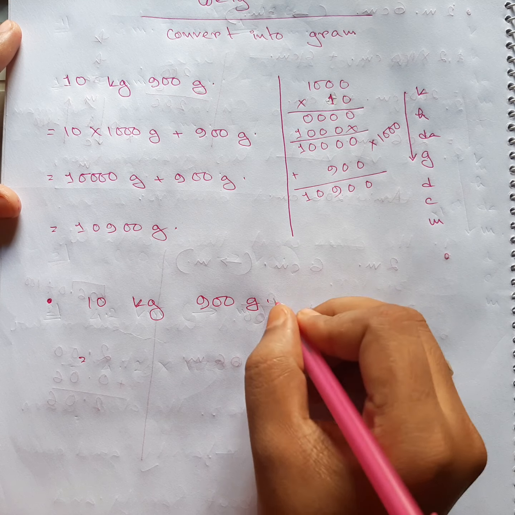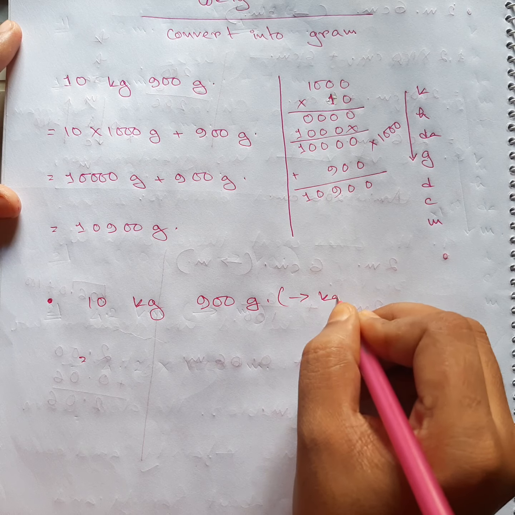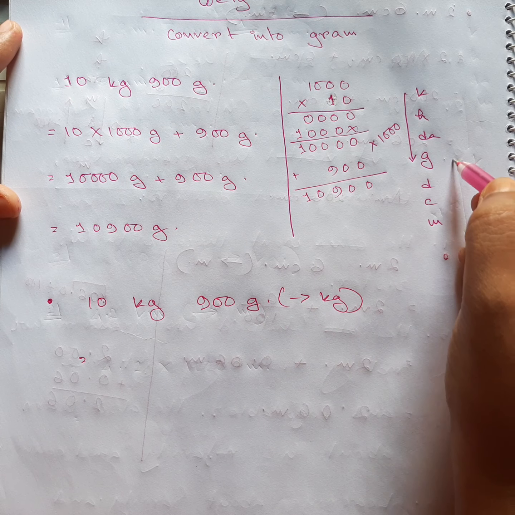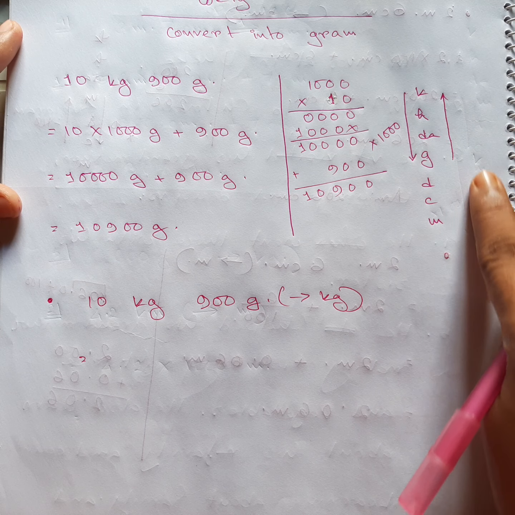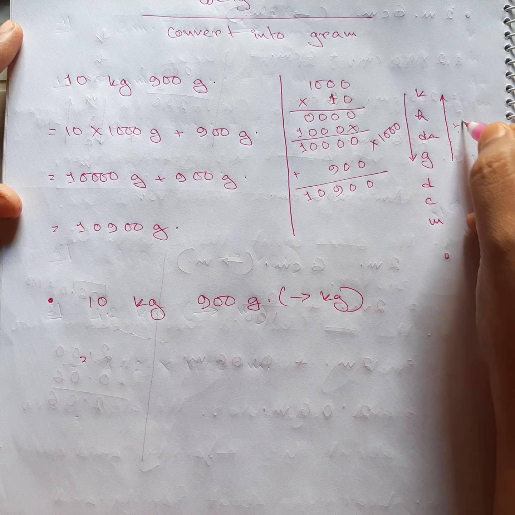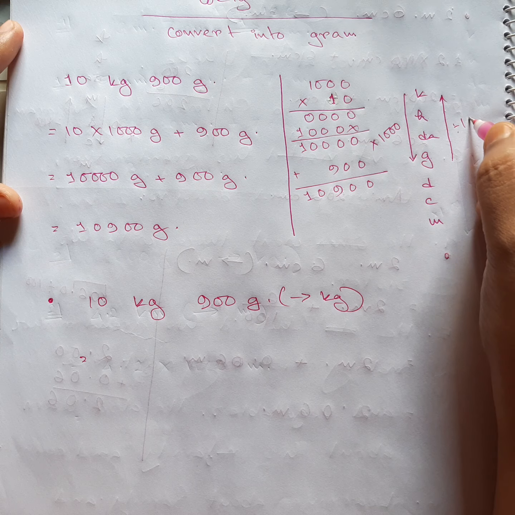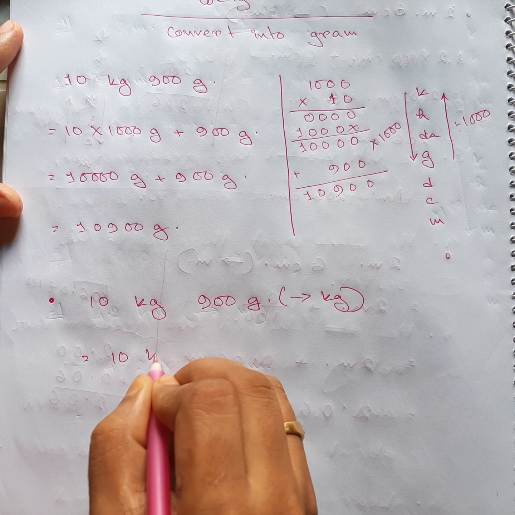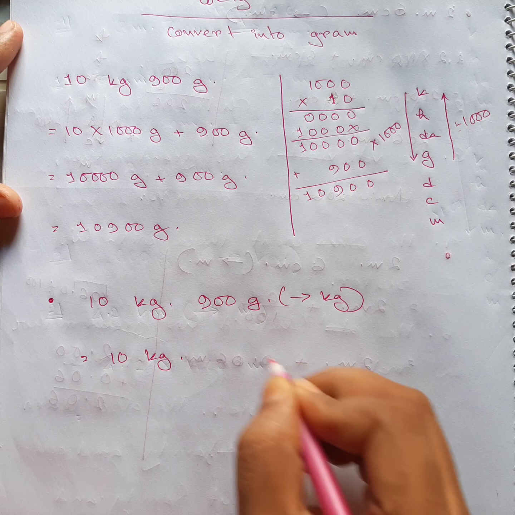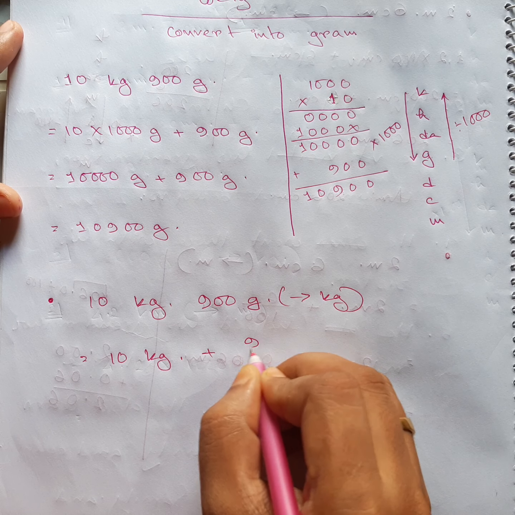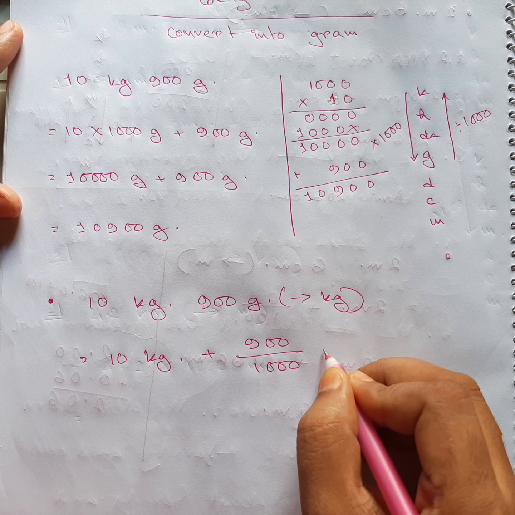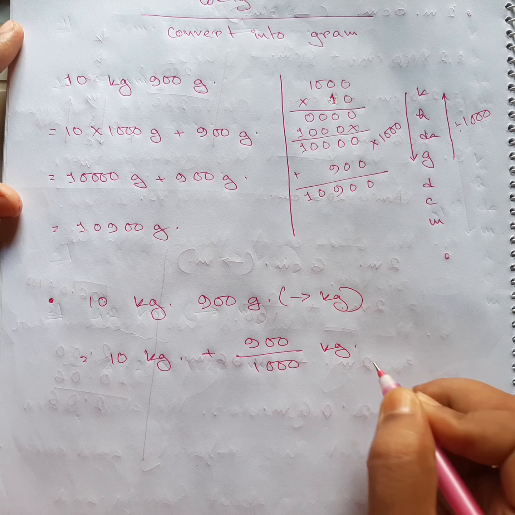Now we are actually changing this into kilogram. Okay, so that means our gram will get changed, and again you can see we are going up. It means division with how many digits? 1, 2, 3, 4 digit number. So let's see, 10 kilogram will be on its place, and this is our math part, and this one, the unit, will change.